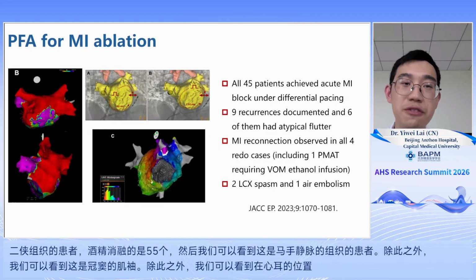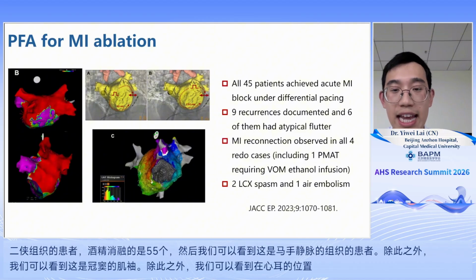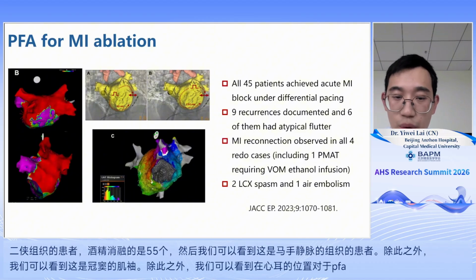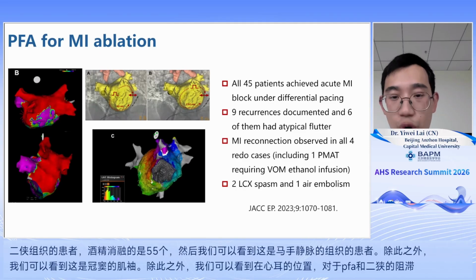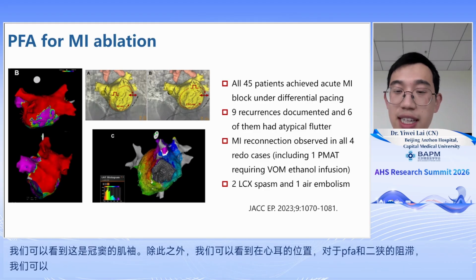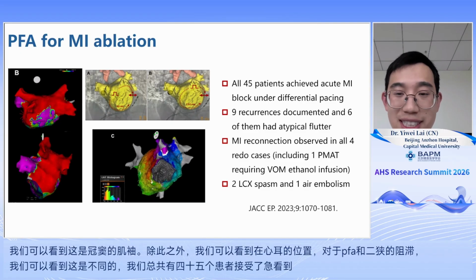So for PFA to achieve durable mitral isthmus ablation, we have to overcome all the aforementioned anatomical obstacles. And this is the first attempt of PFA therapy for mitral isthmus ablation. It included 45 patients, and the plan was to achieve a 100% block rate